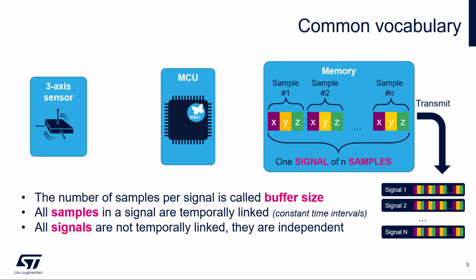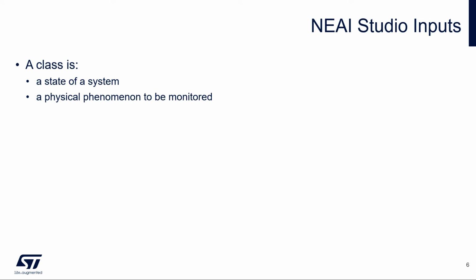In the NanoEdge AI Studio terminology, a class is a state of a system, where a system can be either a single component, such as a pump, but also all the components involved in a motorized elevator door, for example. A class is a collection of signals corresponding to a given system state or to a physical phenomenon that must be monitored. So it can be regular or anomaly, in case of anomaly detection, or class 1, class 2, class 3, in case